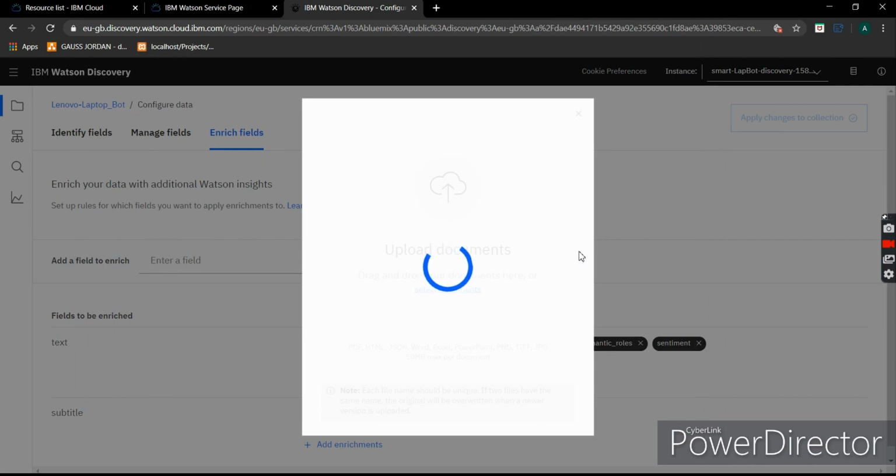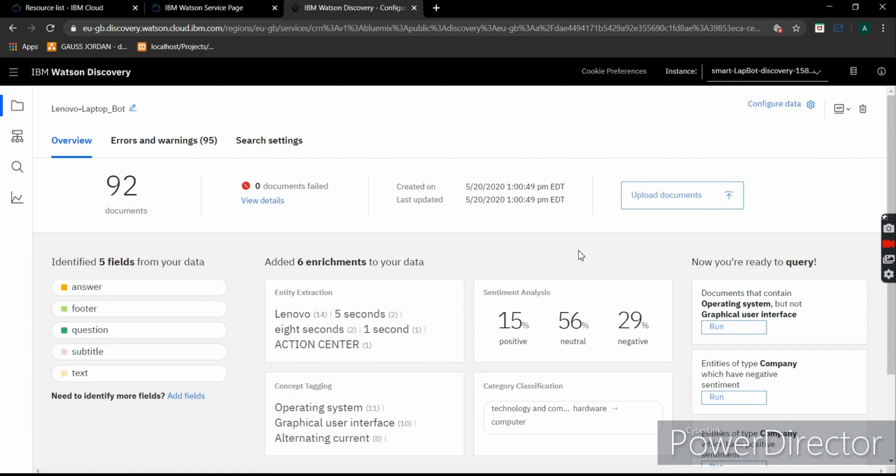After a while, it will refresh the main Watson Discovery dashboard. As you can see, I have 92 documents split and the sentiment analysis is shown here.